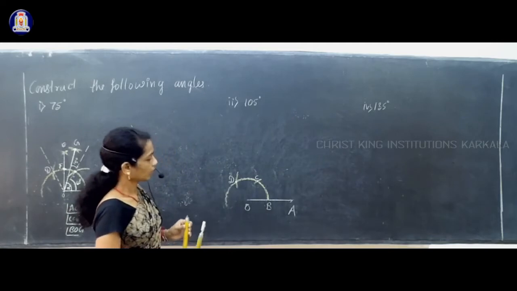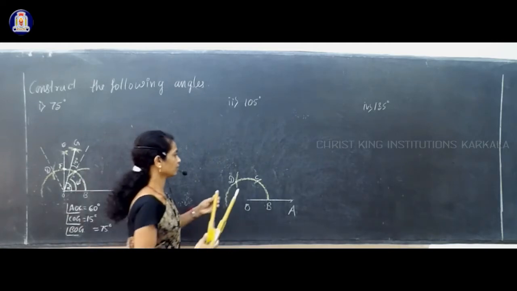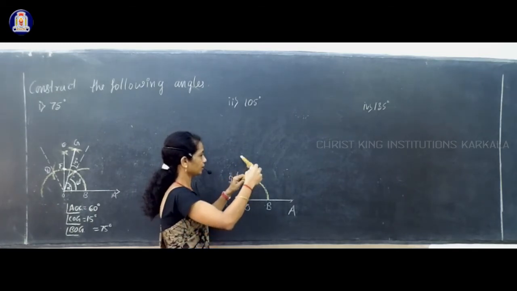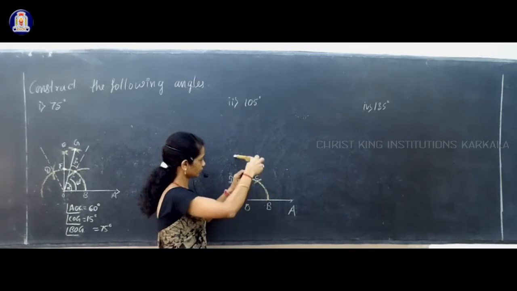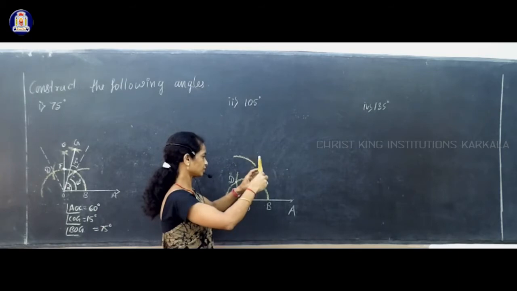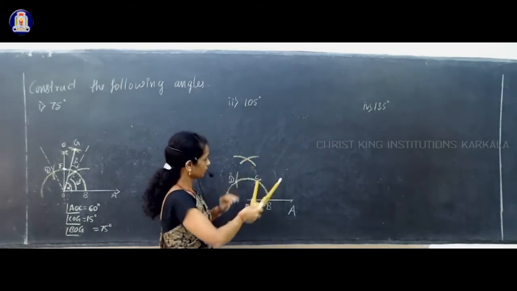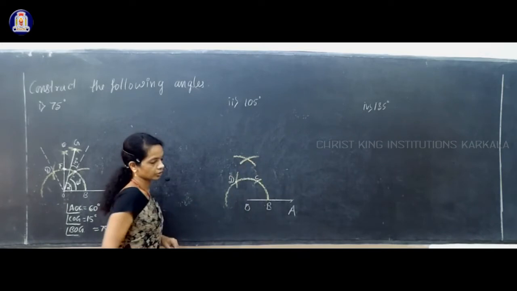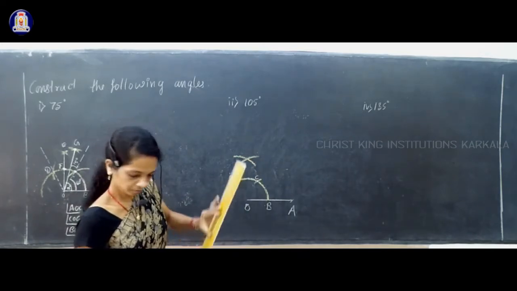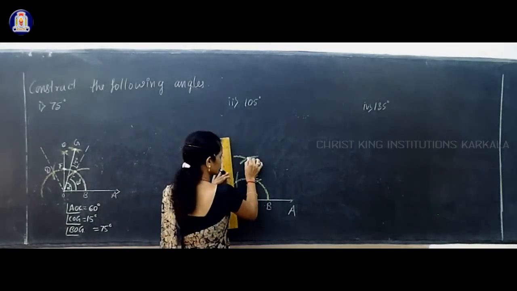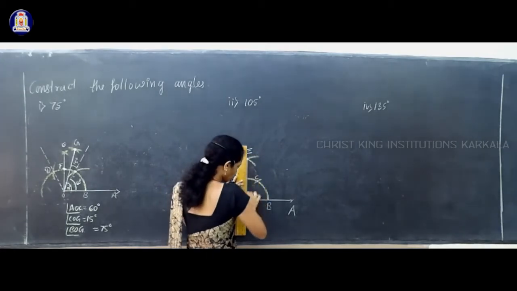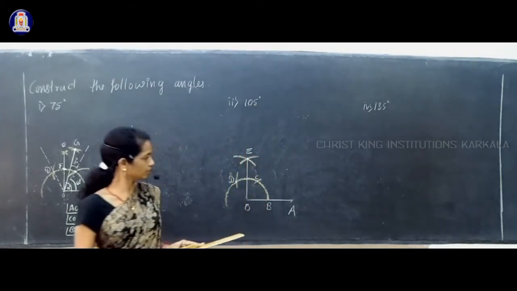Okay. Now we have to draw 105 degree. Now construct a 90 degree first. Keep it at D. You can change the length of your compass. Keep it at D and draw one arc in between C and D, above C and D. Next repeat the same by keeping it at C also, so that it cuts the previous arc which you drew. Okay. Now you have to join the point of intersection of these two arcs. I'll take that as E. Join that E with the O. Now OE makes a 90 degree.